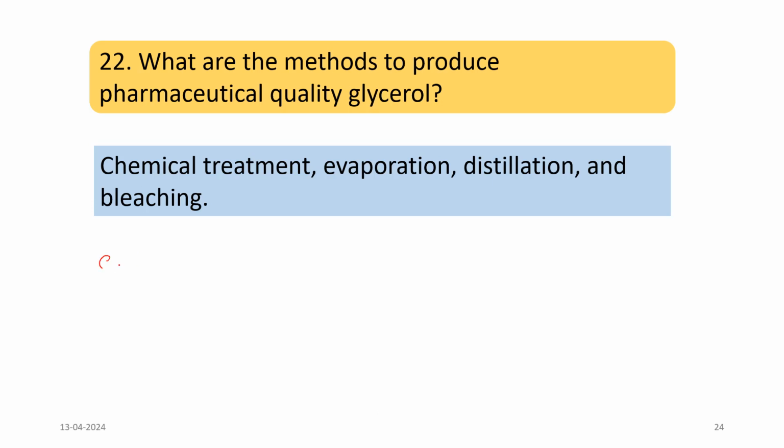So crude glycerol, what we have got from the distillation process, has 80 to 85 volume percent. Crude glycerol can also be used, but if we do further purification by these four treatments, that is chemical treatment, evaporation, distillation, and bleaching, we could get glycerol of pharmaceutical quality,